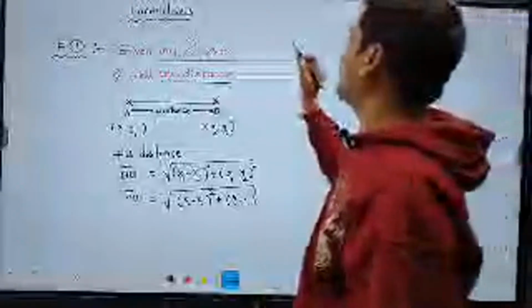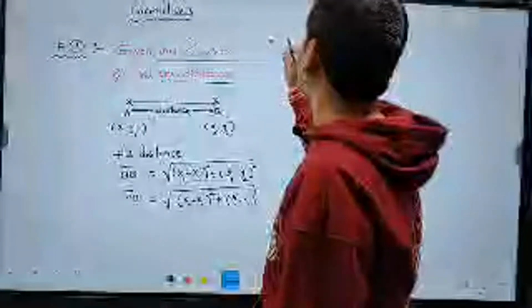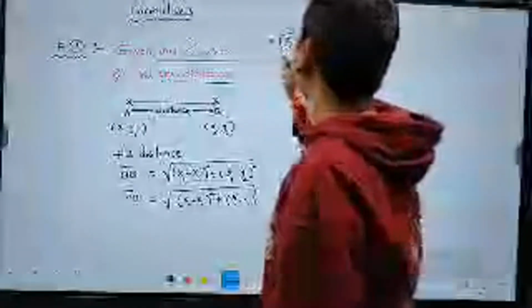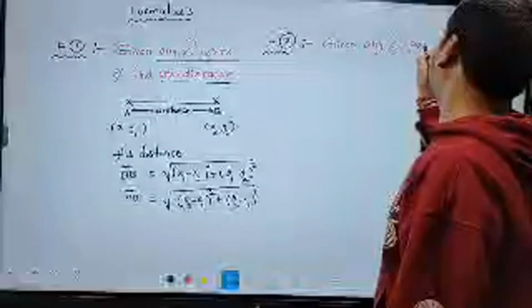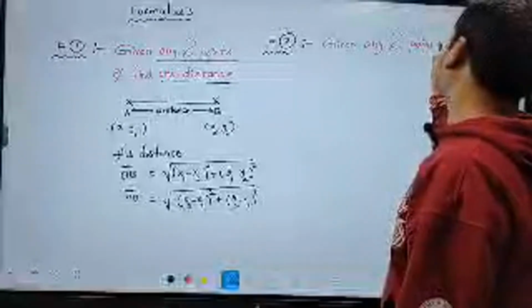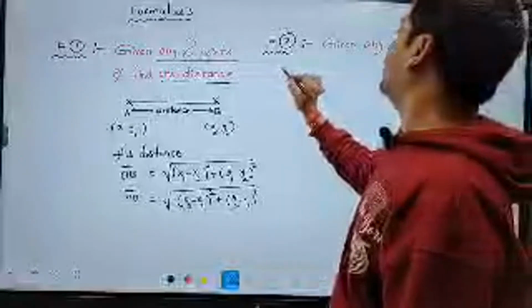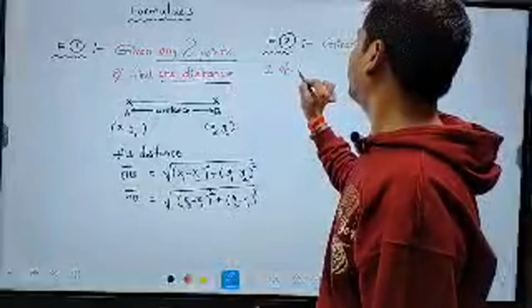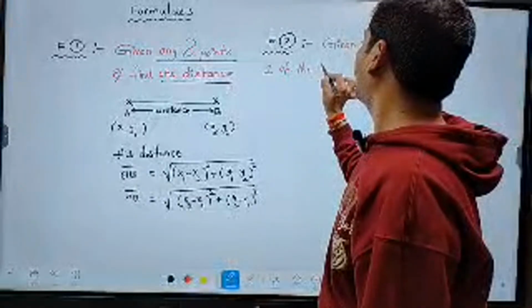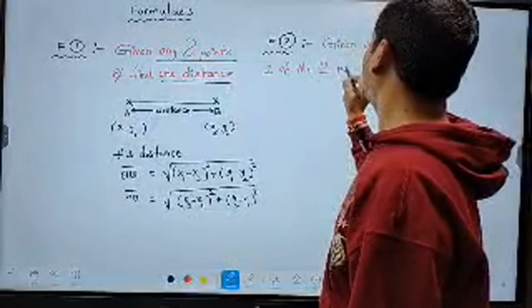Listen carefully. Formula 2. What is that formula? Once again, given information: given any 2 points, one of the 2 points is